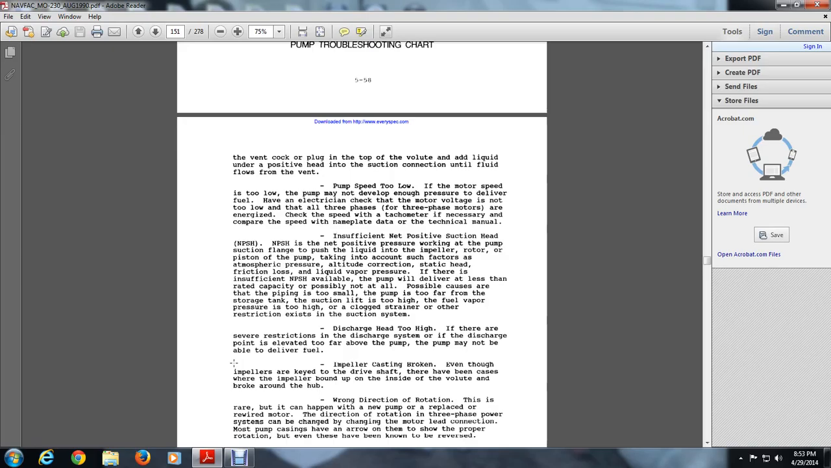Discharge head too high. If there are excessive restrictions in the discharge system, the discharge point, if elevated far above the pump, may not be able to deliver the fuel. Improper